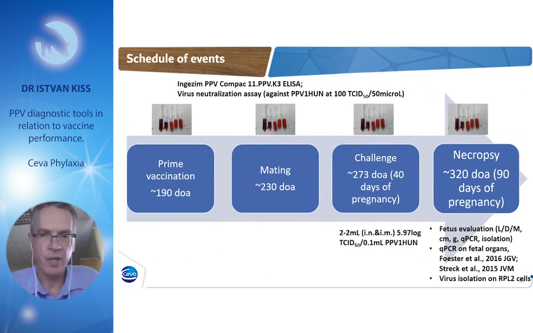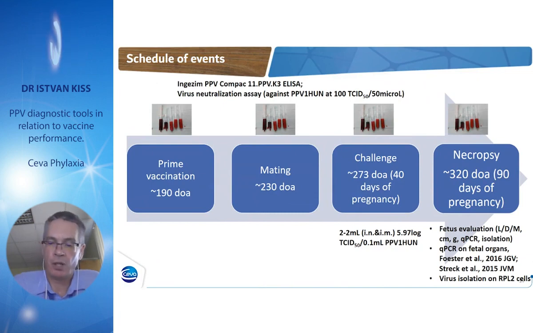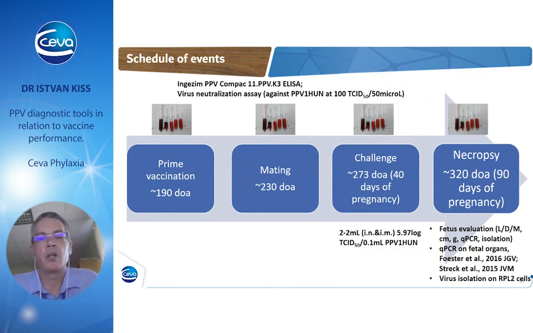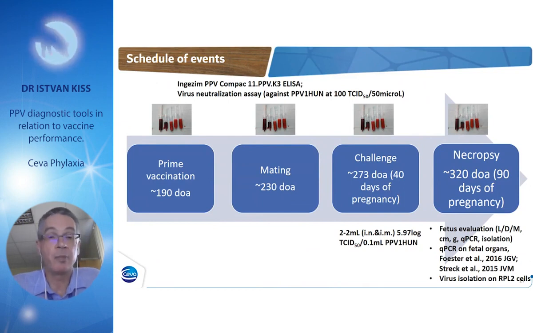They were evaluated for viability, like live, dead, mummified, for their length, for their weight, qPCR results, and isolation results based on published methods. The virus was a Hungarian isolate. It was isolated in Hungary just a few years before, fully sequenced, and found almost identical, at least on the VP2, to other established